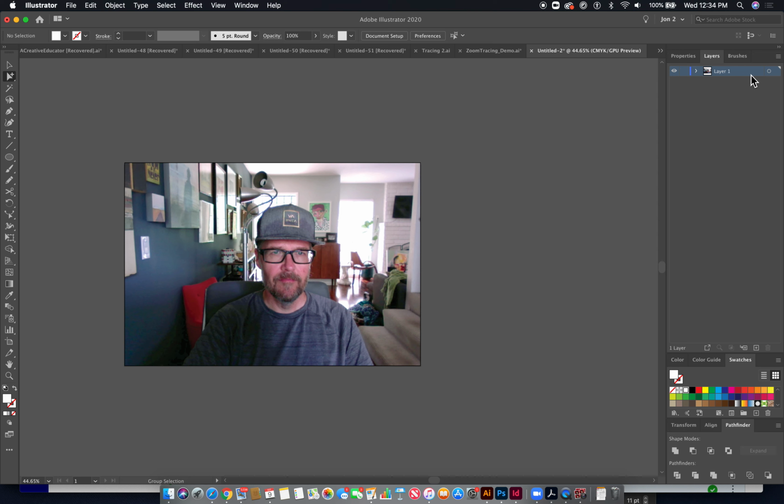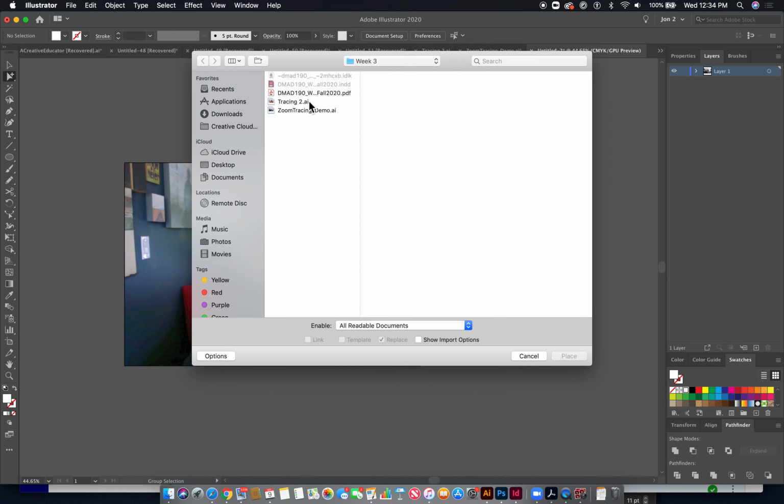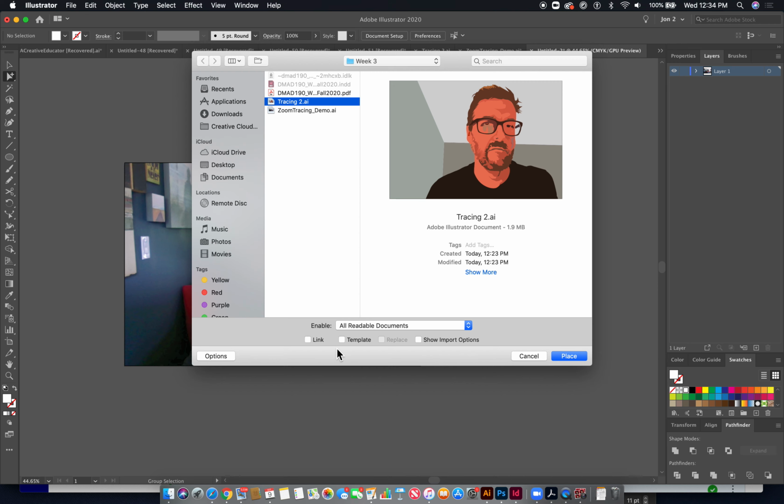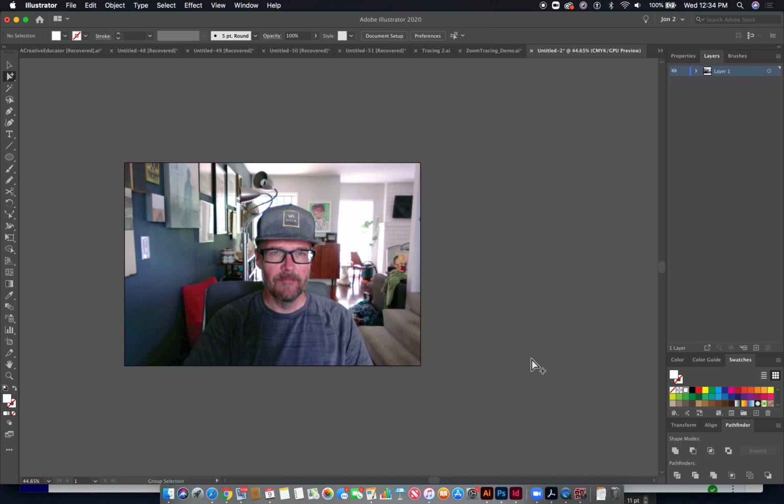The other thing I want to do is convert this into a template layer. This is one of the key things about doing this exercise that you need to understand. Anytime you trace something in Illustrator, it's a good idea to set it onto a template layer. You can either do this when you initially place the image, so if you do File Place, and you find something that you want to trace from, you would make sure that you choose template here when you place it. If you forget to do that, or in this case we're just copying and pasting it from somewhere else, so we're not placing it,